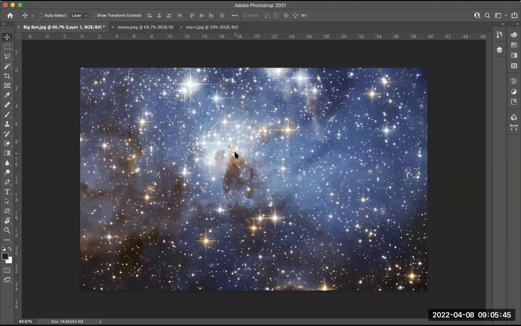And at that point, the image of the stars is roughly the same size as the image of Big Ben. So there's no need to resize anything at this point. But if you do need to resize an image, remember you're going to go up to the Edit menu, Free Transform, or Command or Control T will bring up the Free Transform